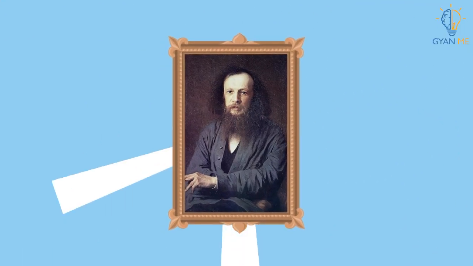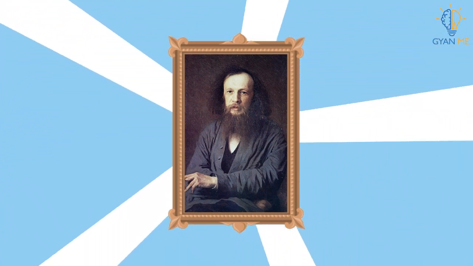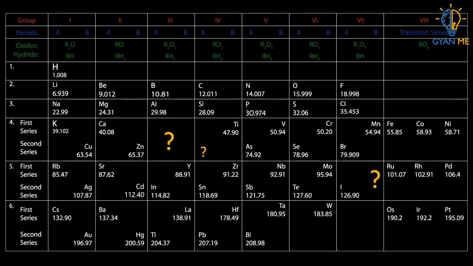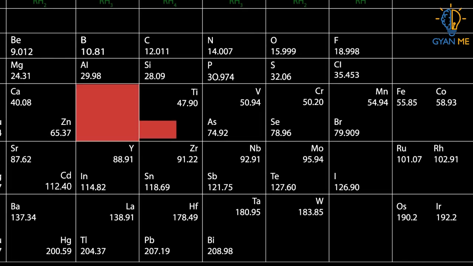So today let us discuss some of the merits or achievements of his table. To start with, did you notice these question marks in the table? As discussed, there were some missing elements in Mendeleev's periodic table. There is this gap between calcium and titanium, or zinc and arsenic, isn't it? Yes. Instead of looking upon these gaps as defects, Mendeleev boldly predicted the existence of some elements that had not yet been discovered till that time.